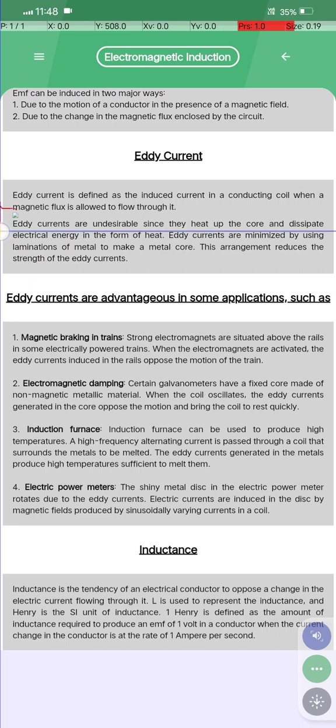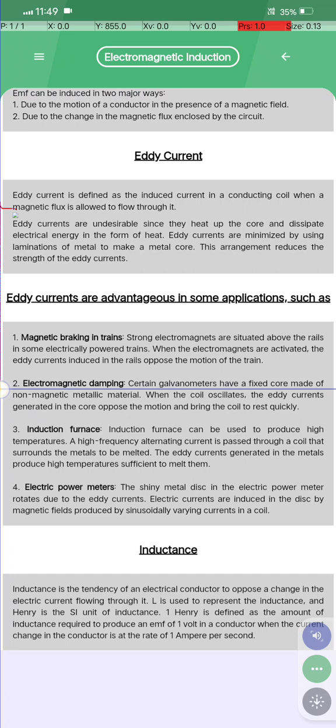Eddy currents are undesirable since they heat up the core and dissipate electric energy in the form of heat, and eddy currents are minimized by using lamination of metal to make a metal core. This arrangement reduces the strength of the eddy current. Eddy currents are an advantage in some applications such as magnetic braking in trains, and electromagnets are situated above the rails in some electric trains. When the electromagnets are activated, the eddy currents induced in the rails oppose motion, okay, तब जाके ट्रेन जाके रुकता है आगे जाके।